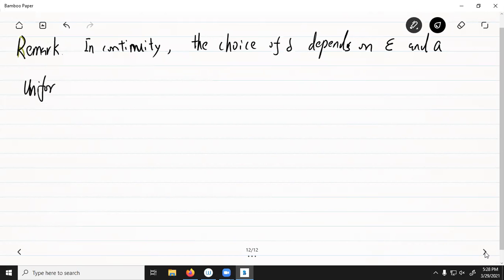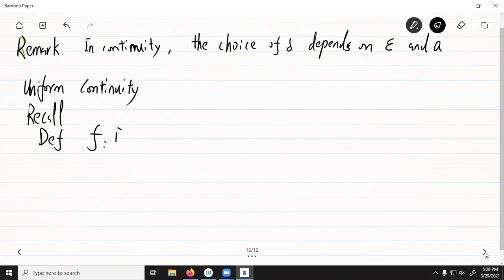So we just quickly recall the definition for the uniform continuity. What does the uniform continuity say? If a function f from D to R is called uniformly continuous